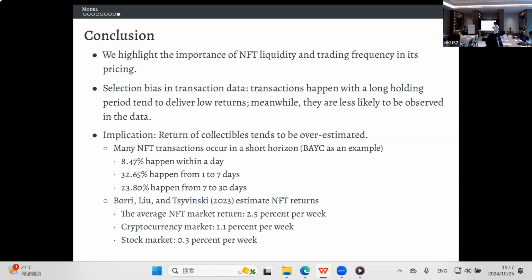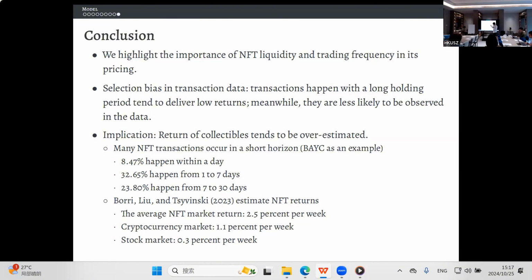Okay, so academically, there is a strong selection bias in the data. If you can find a buyer, that is one thing, but there are a lot of NFT holders who cannot find the next potential buyer to sell the digital arts or sell the NFT token to get any financial return. Okay, so there is a huge selection bias. And if you look at the current research literature,